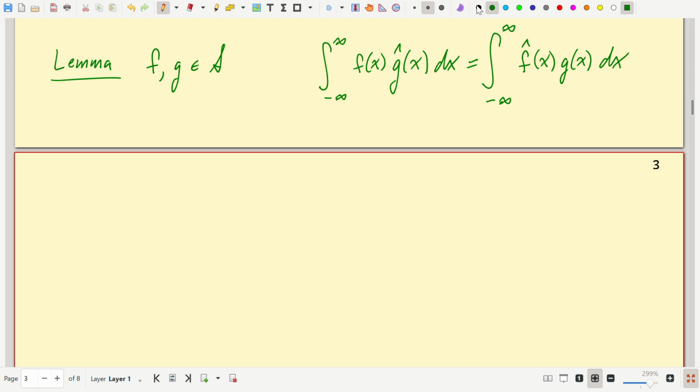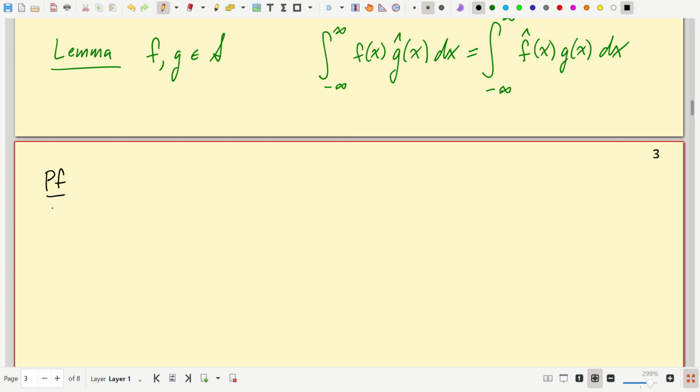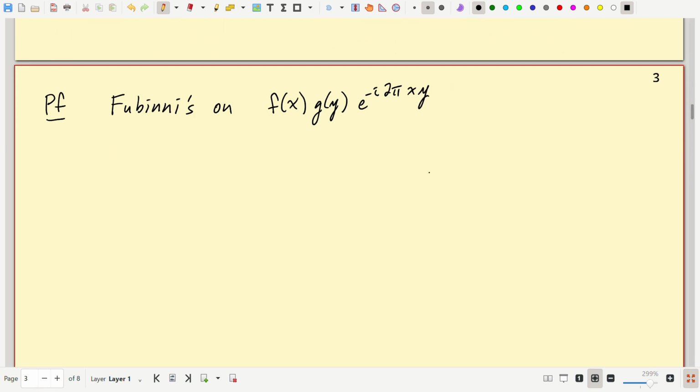And the proof is a routine thing. In fact, Stein didn't even want to do it. He relegated the proof to an appendix. It's basically just Fubini's theorem. So Fubini's theorem on, let's see, the function we're going to integrate 2 times is f of x times g of y times e to the minus I 2 pi x times y. Okay. And because f and g are in the Schwartz space, the tail ends of these integrals are